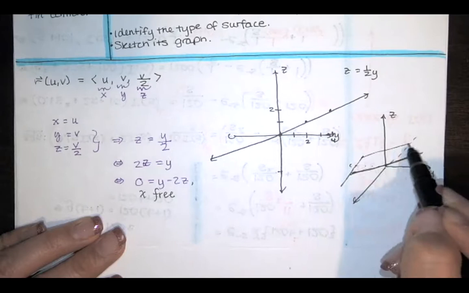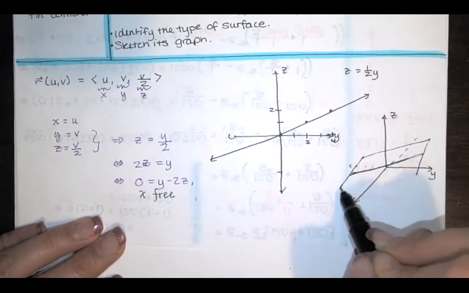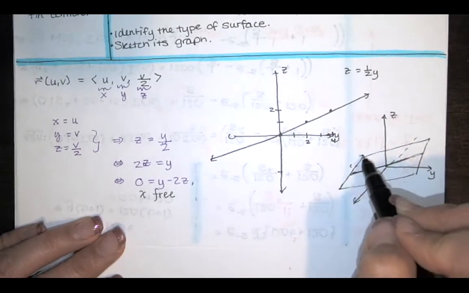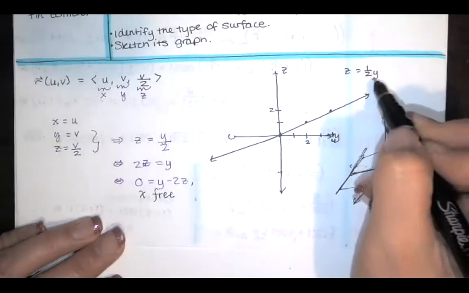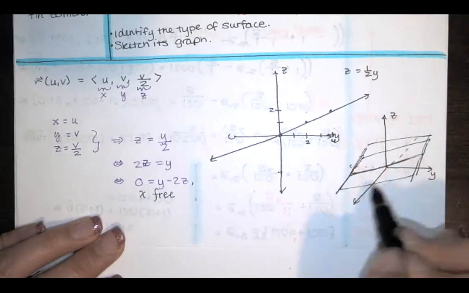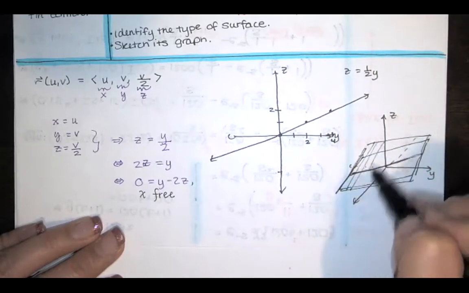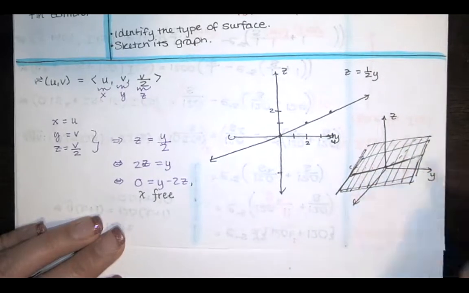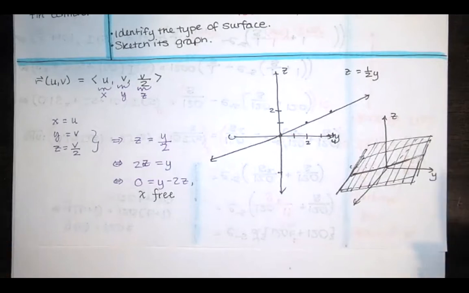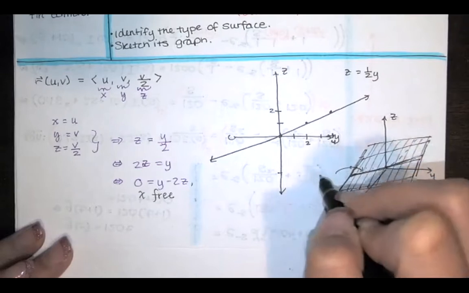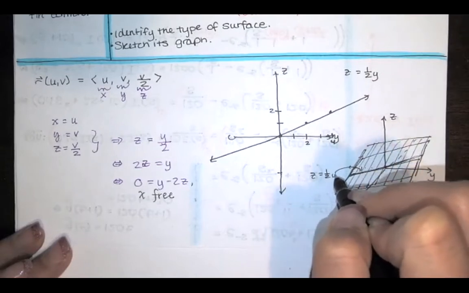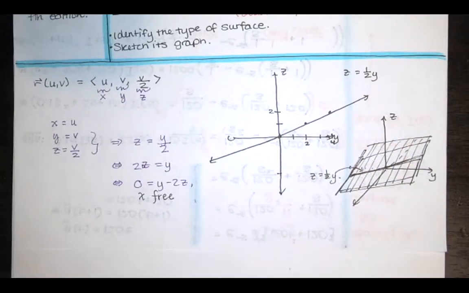So I think I'll just draw it like that. Sort of x is free to be anything. So I'm imagining taking that line given by z equals 1/2 y and moving it forward and backward. It's not the best plane I've ever drawn, but I hope that you get the idea a little bit. But that line right there is intended to be z equals 1/2 of y. Okay, and x is free to be anything, shouldn't have any x component, should just be coming straight out at